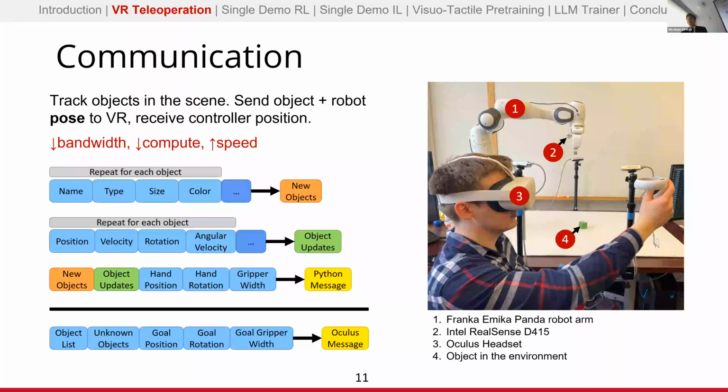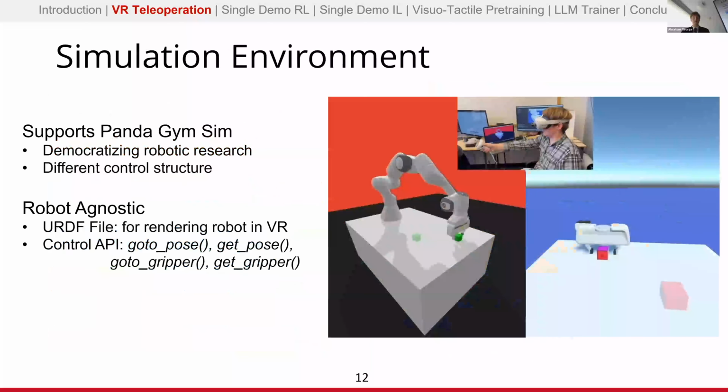And then for each object at each time step, we will send across updates on the position, velocity, angular velocity, etc. This is all very low dimensional data, which means that we have less bandwidth and therefore less compute, and we have increased speed, which is important for VR because in order to avoid VR sickness, the VR system itself has to be operating at least 60 hertz consistently. Then, of course, the list of objects and the gripper position information is sent across to VR to reconstruct the hand, and the new hand position is sent across to the controller in order to physically move the robot.